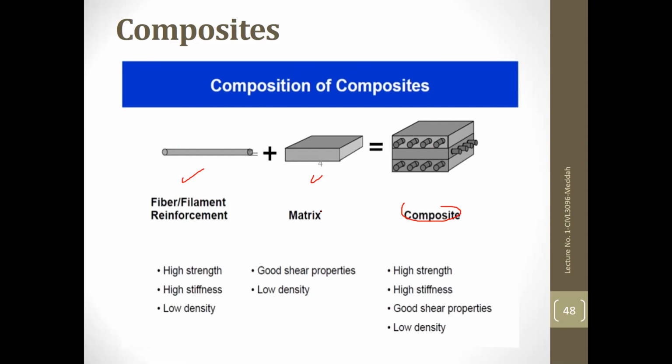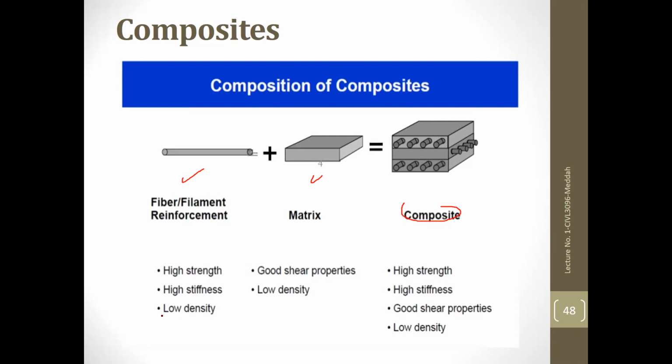Or if you're combining metal with ceramic, both have high strength. So you'll get high strength in all cases. But if you combine, let's say, polymer with metal, the polymer is weak and flexible, but the metal is strong. So still you get high strength. You also get high stiffness,